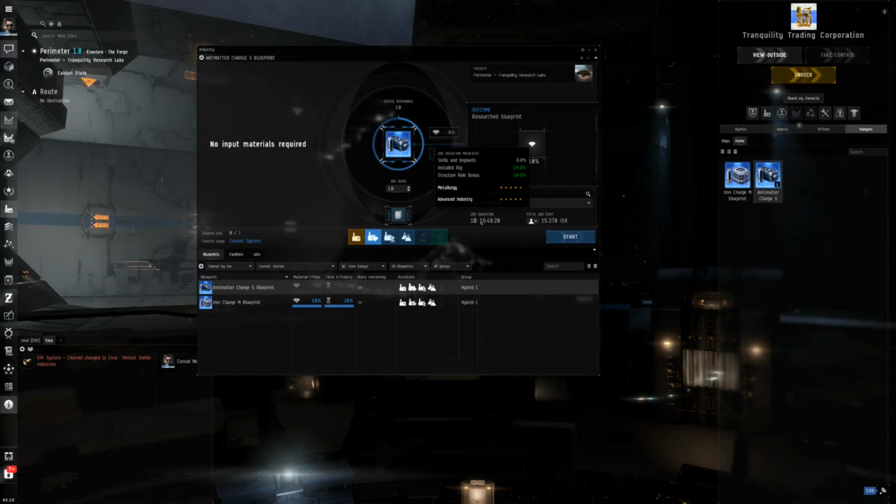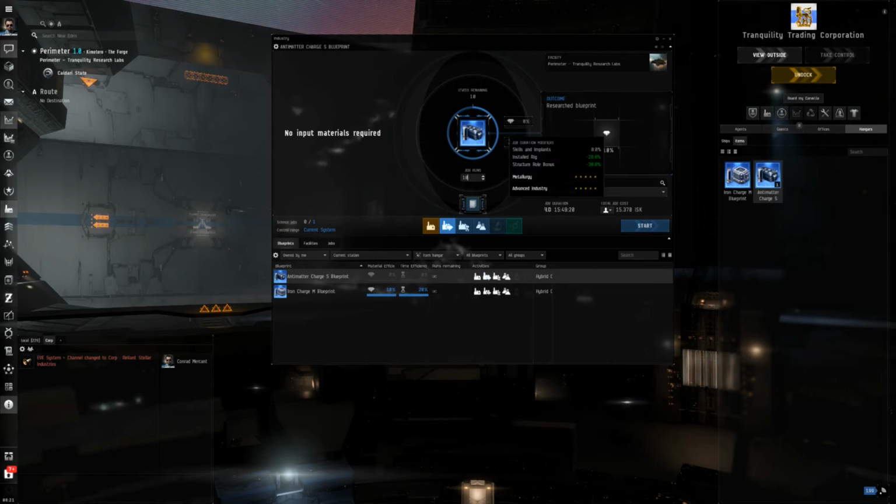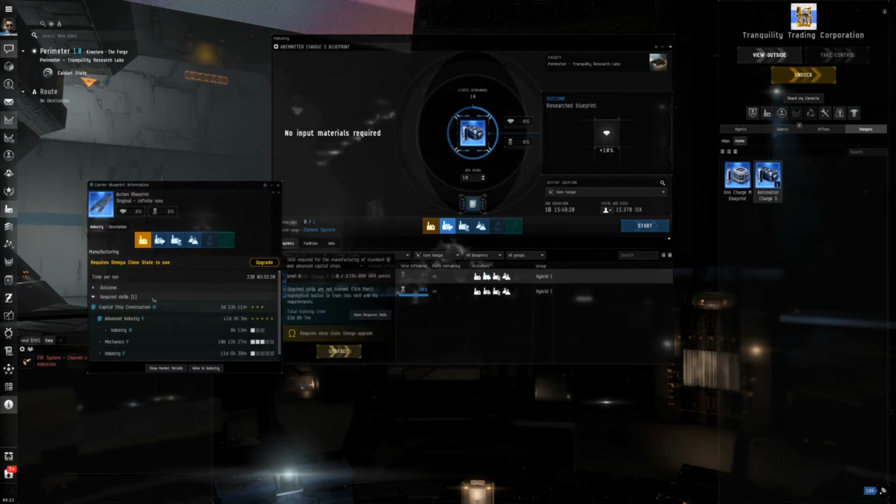But job duration also heavily depends on the type of blueprint. As a rule of thumb, the more complex a blueprint is, and the bigger the result is, the longer it takes to research it. So ammunition blueprints are probably as simple as it gets, so they are the fastest to research. While, for example,